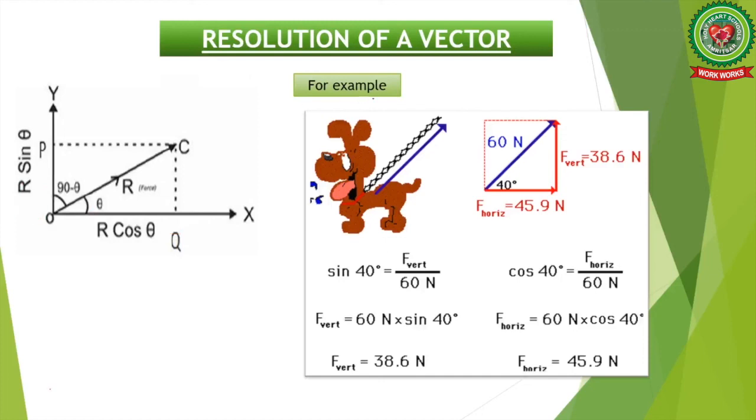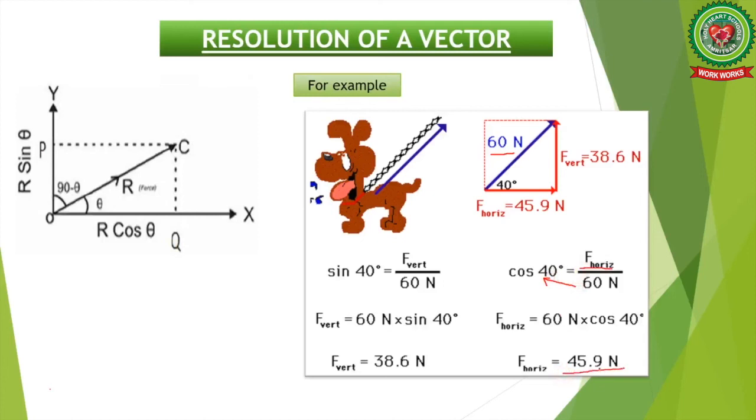Okay, let us take an example. If you are pulling a dog with a force of 60 Newton at an angle of 40 degrees and you are asked to find the horizontal and vertical components, what will you do? By using the direction cosine formula, for the horizontal component you have to take cos theta. Cos theta is equal to f horizontal divided by the magnitude of the resultant. Here 60 Newton is given. So what is the value of f horizontal? F horizontal is equal to 60 multiplied by cos 40 degrees,